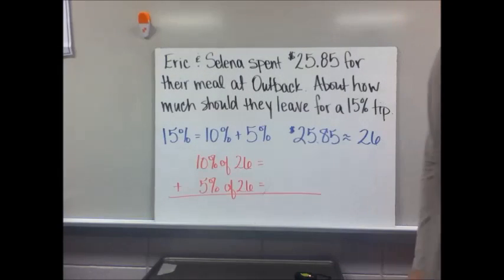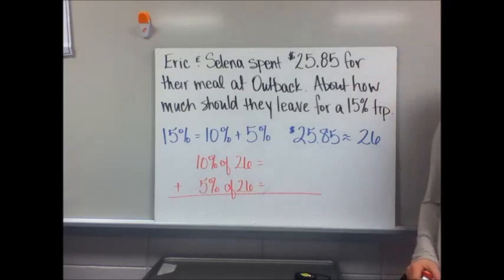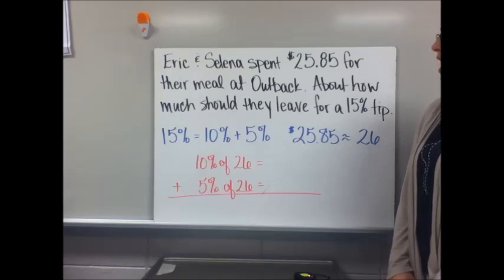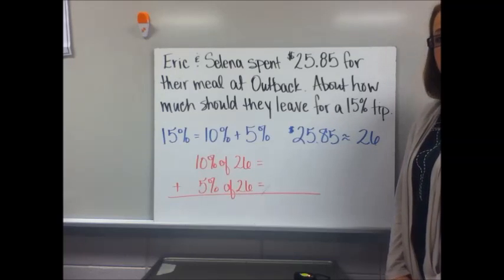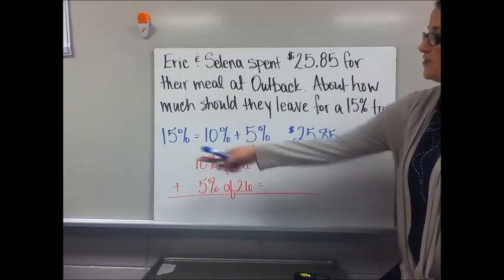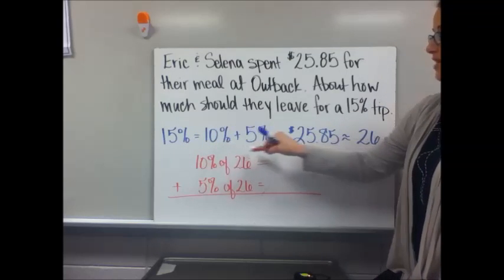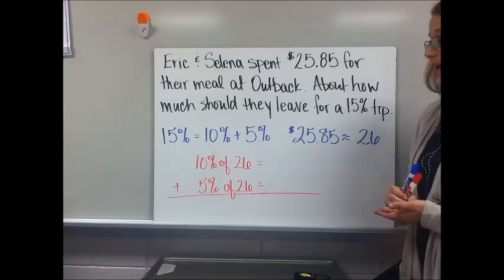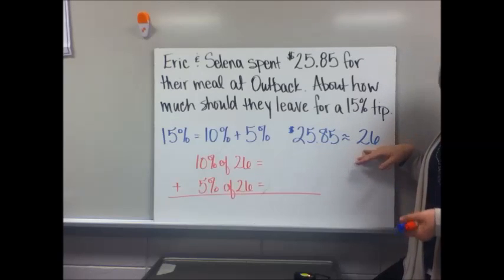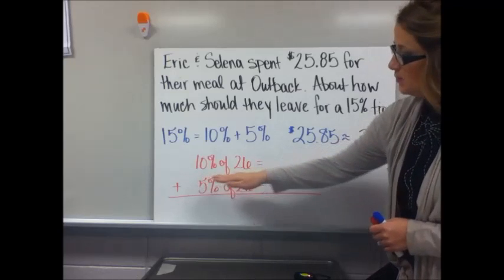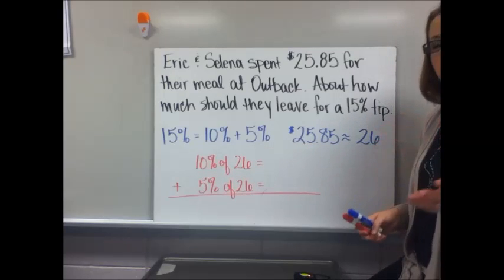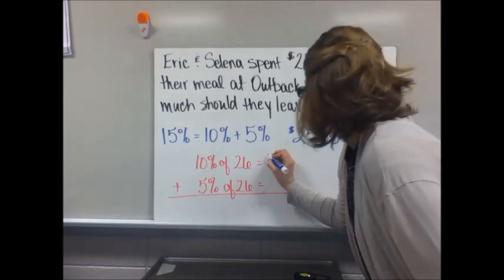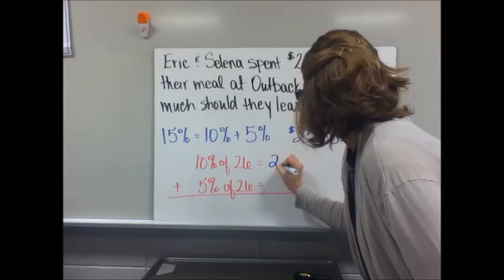Here's a real-life application of this. Eric and Selena spent $25.85 for their meal at Outback. About how much should they leave for a 15% tip? So 15%, I could break that down to 10% and 5% in my head. And instead of thinking of $25.85, I'm going to think about that as $26. 10% of 26. As you saw on the previous board, you just move the decimal over one spot. So 10% is